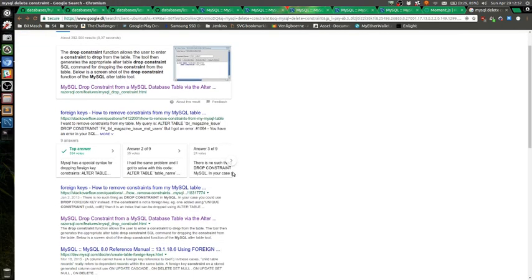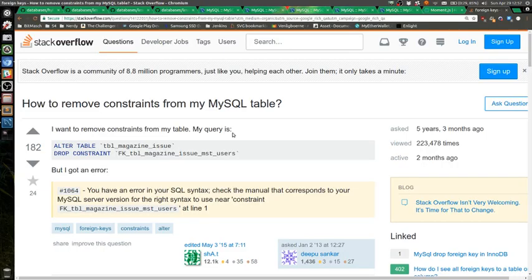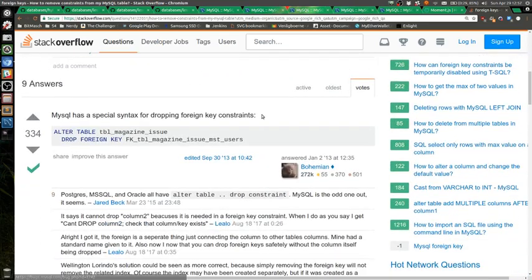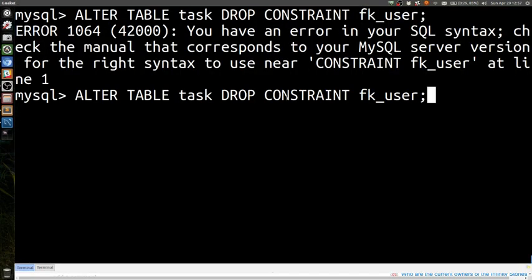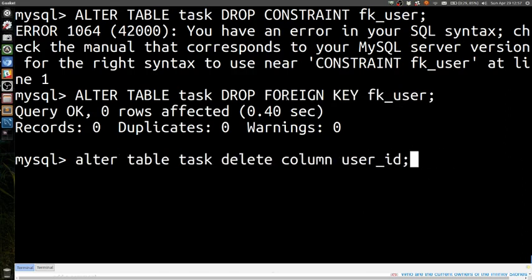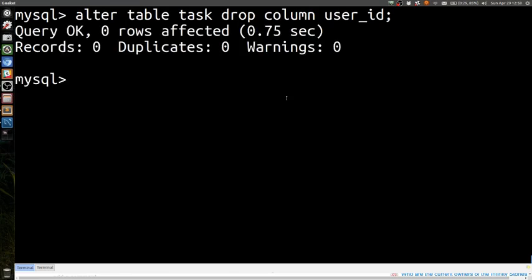I can't remember how to do that actually. I think they had a dot notation. Let's see. Drop foreign key. Yeah, drop the constraint. Ah. We have to put one. Maybe drop foreign key. Let's see. Yay, it works. Okay. There we go. So now we have